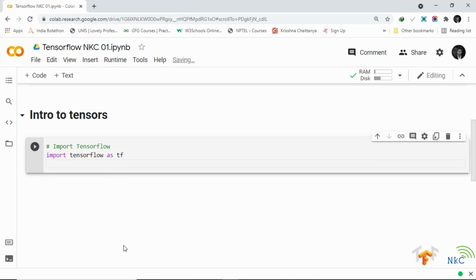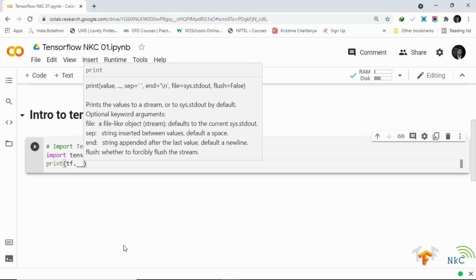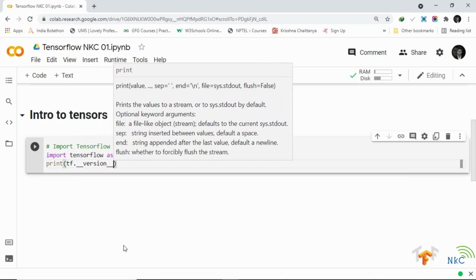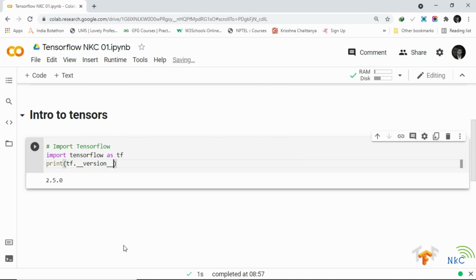Again, I have spelled something wrong, let me correct it. If you need to slow down the video or watch something again, that's perfectly fine. I'm probably going to need to slow down my coding so I don't make as many typos. So this is how we are going to import TensorFlow.